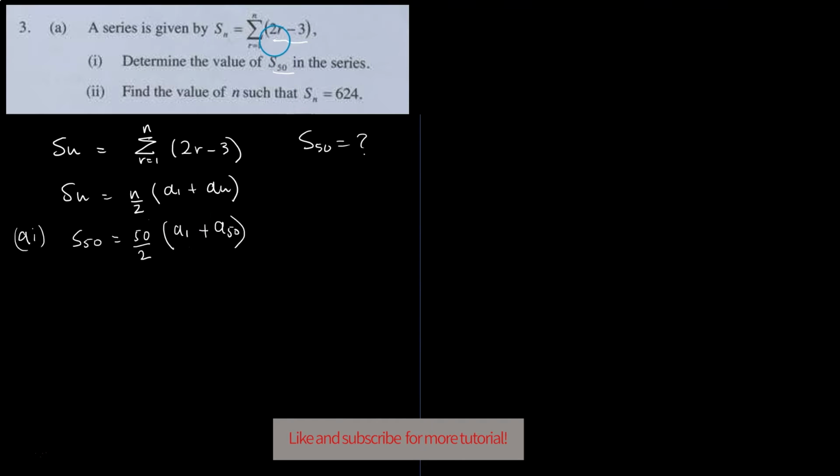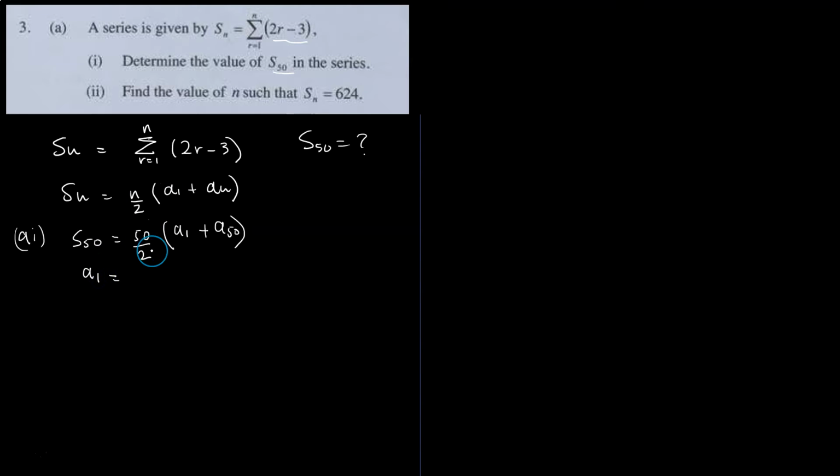Well, this here is actually the rule for getting terms, okay? Because the sum of this, each one of these from r equals 1 to r equals 50 in this case, will give you the S50. So let's find the a1, which is the first term of the series. That means r is equal to 1. This is actually called the nth term. It's the rule that's going to give you the number for each term. When r is 1, you put it in here, and it will give you the first number. For example, if you're looking for the 10th number, you make r equals 10, and that will give you the